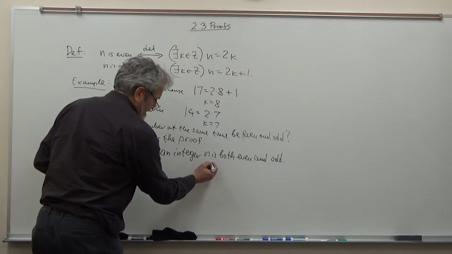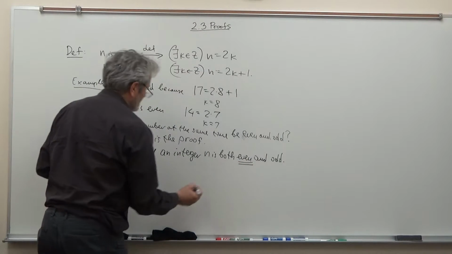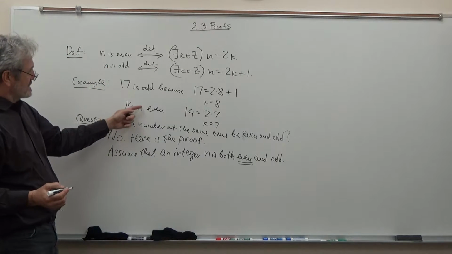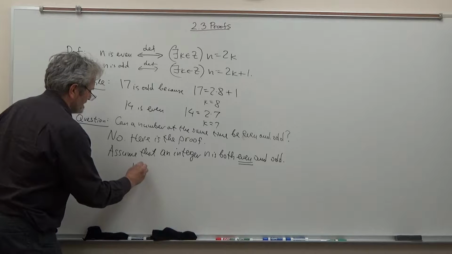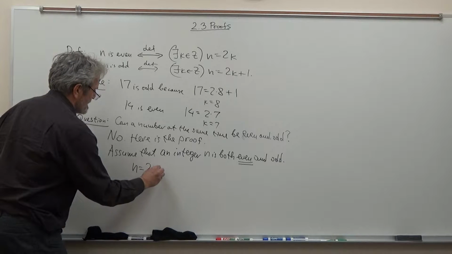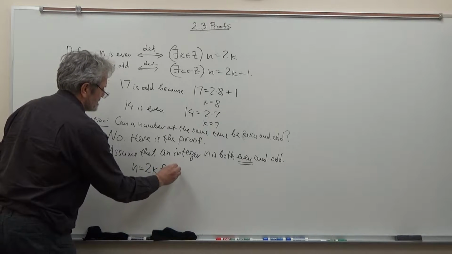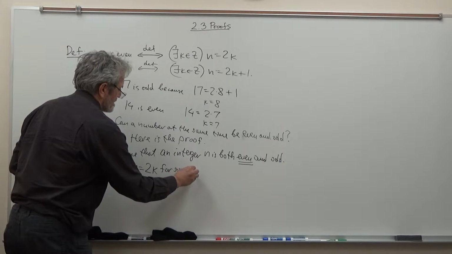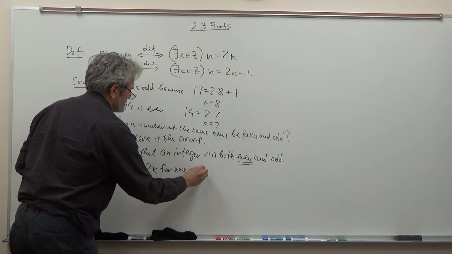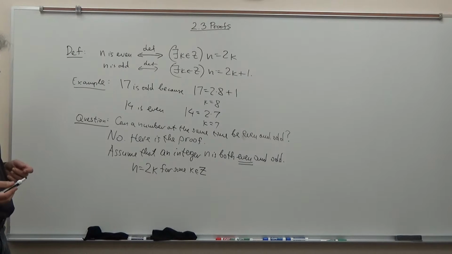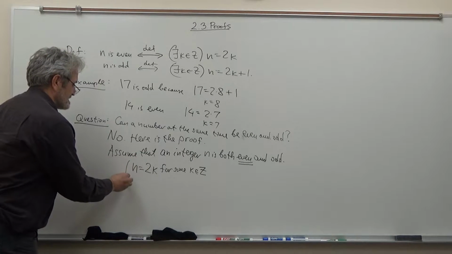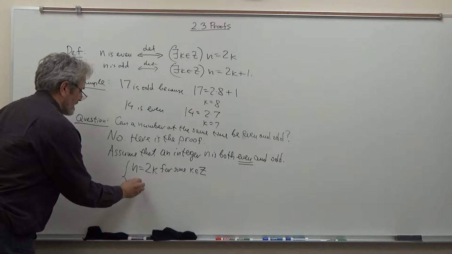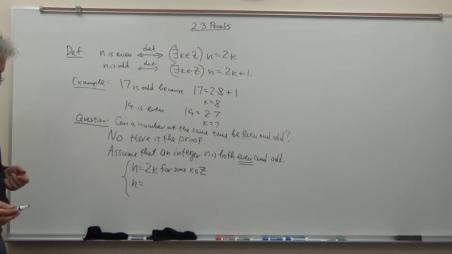The fact that n is even, according to the definition, I can translate and say that n equals 2k for some integer k in Z. But also, since n is odd, we can say n is also equal to